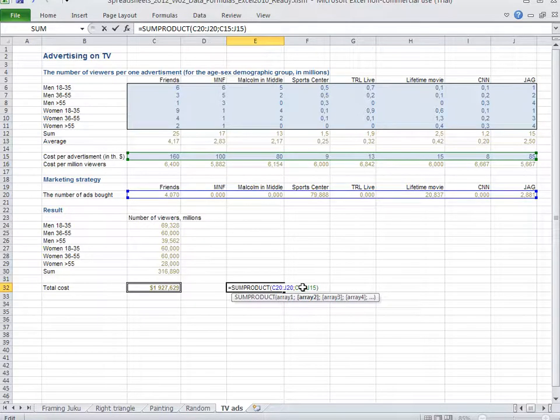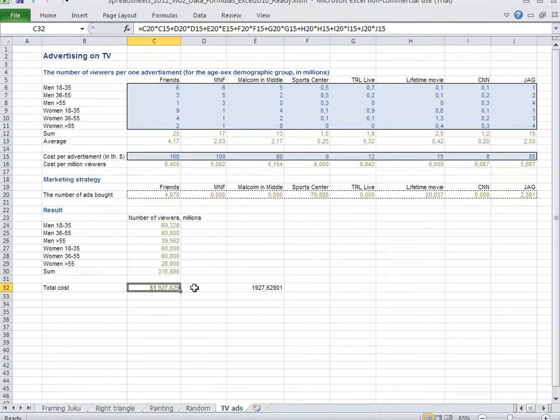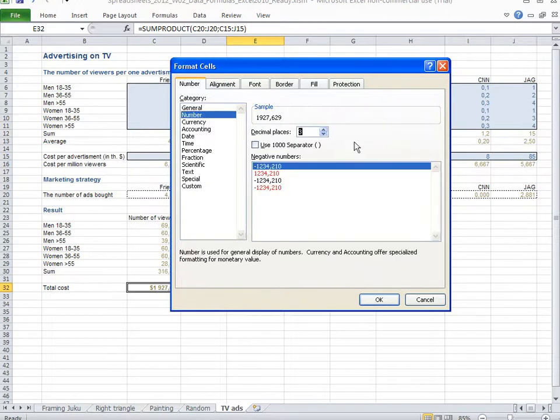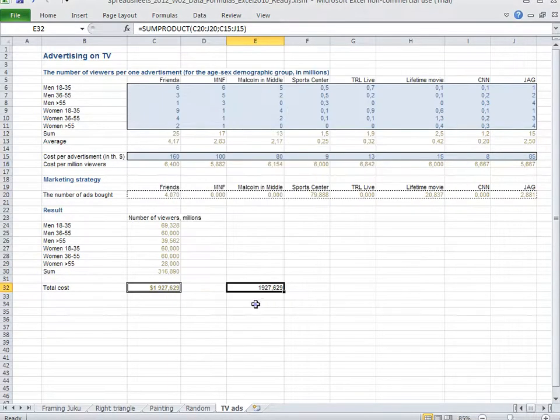and then we can just run this command and the result is going to be exactly the same as previously. Okay, let's try to do that nicely now as well. I'm going to click Control 1 and click on number, say 3 decimal places, and as you can see, this looks exactly the same way. Once again, this cost number is in thousands of dollars, so we just show 3 decimal places and get the correct number of dollars